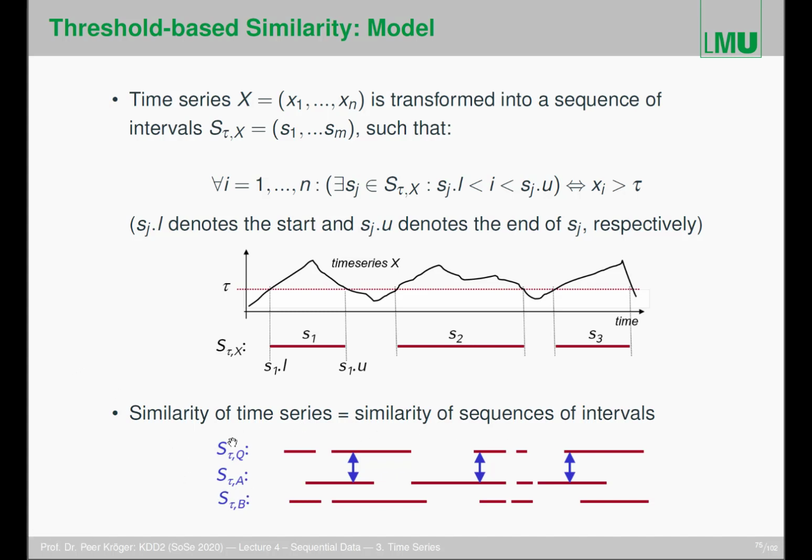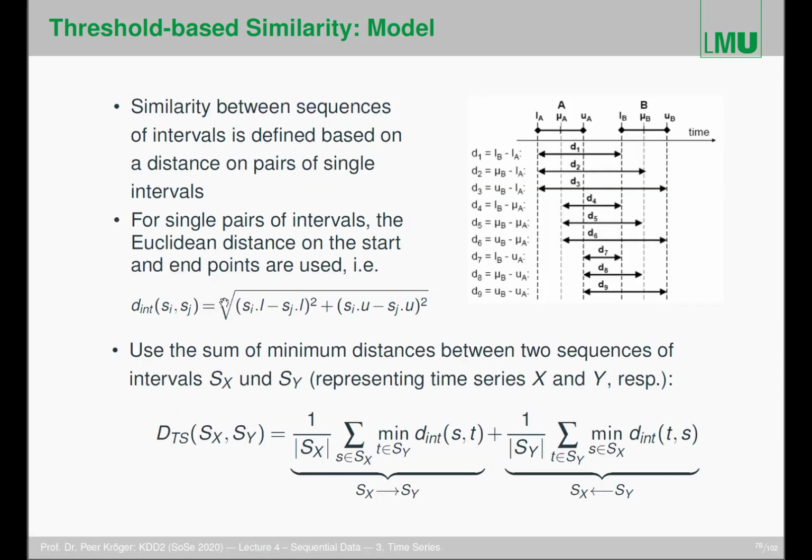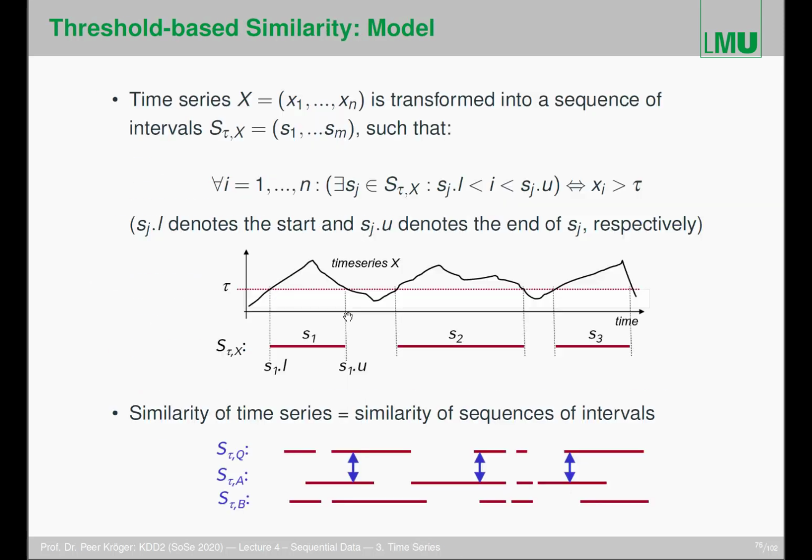So how to capture that similarity of interval sequences? Well, we can use a lot of different ideas here. Similarity between sequences of intervals is typically based on a distance on pairs of single intervals. So for a single pair of intervals, the Euclidean distance on the start and the end point is a good choice. If we want to compare two intervals, we just take the Euclidean distance of those pairs of